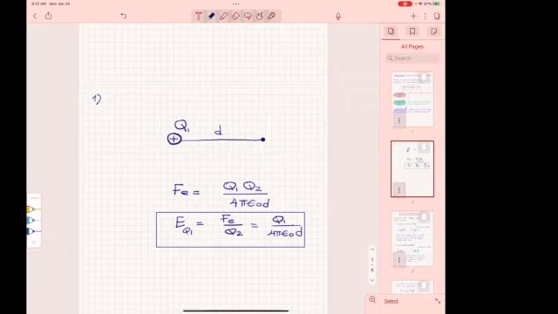That tells me that if I have one charge Q1, then that creates an electric field, all right? So a charge Q1 creates an electric field EQ1,